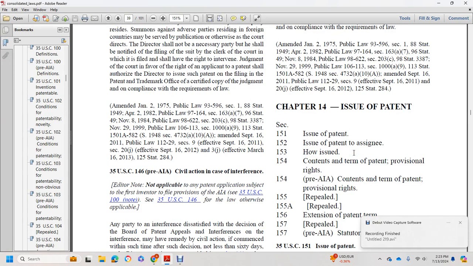Chapter 14, Issue of patent. Issue of patent, assignee, how issued, contents and term of the patent, provisional rights, pre-American Inventors Act contents, term of the patent, provisional rights, repeal of the period, extension of the patent term, pre-American Inventors Act, statutory